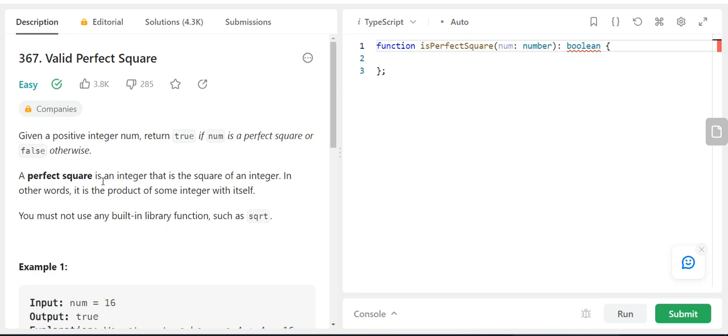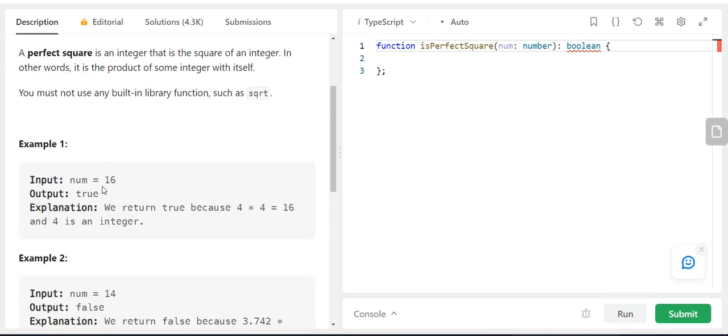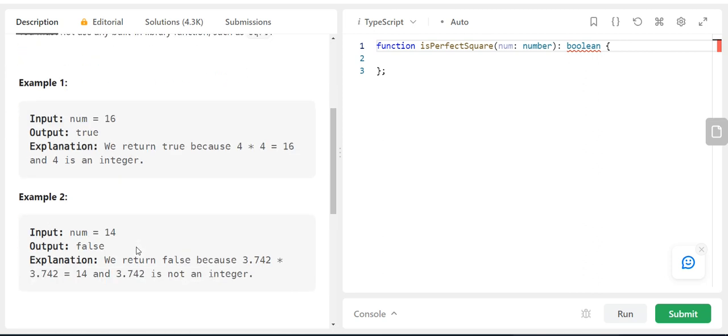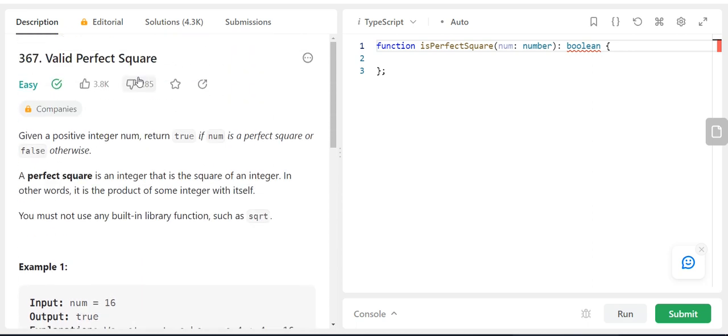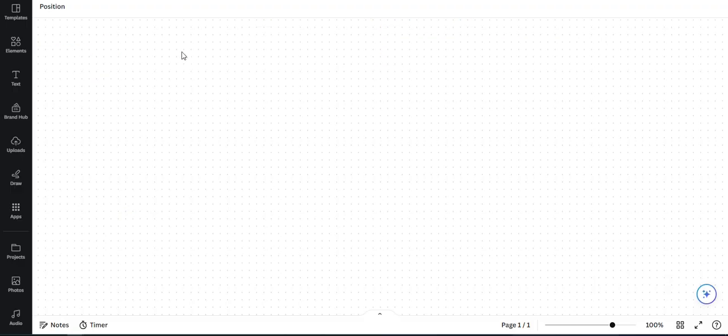Okay. So for example over here, if you're given num as 16, we return true. Why? Because 4 square is 16. Okay. So for this problem, we'll be using binary search. And let me explain over here. So let's say,